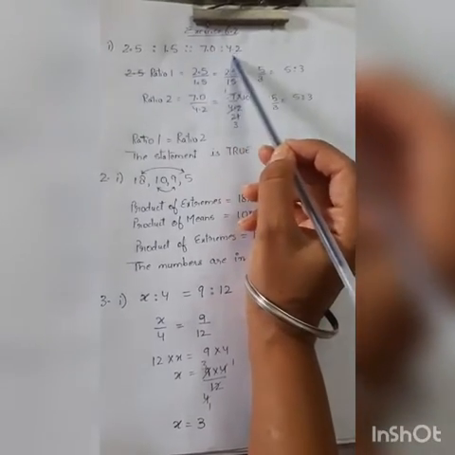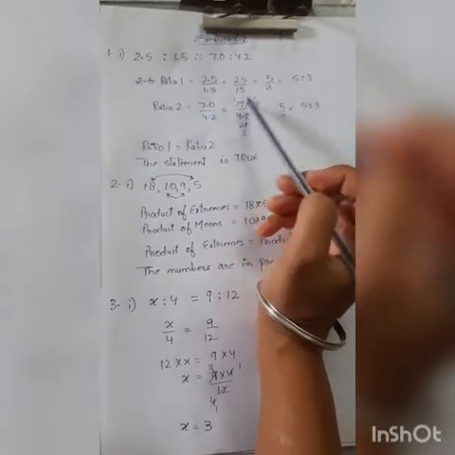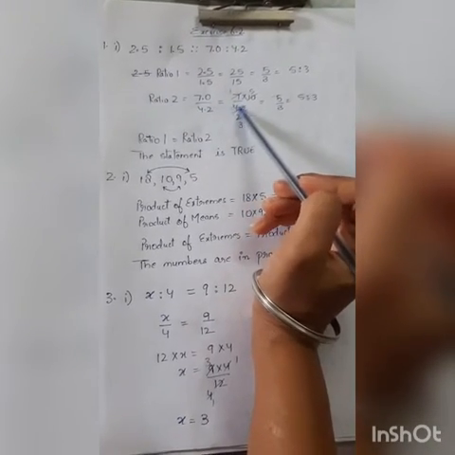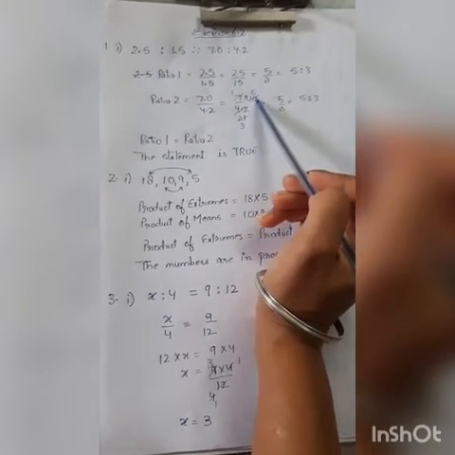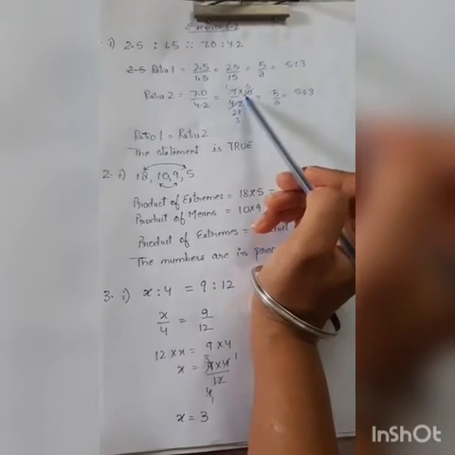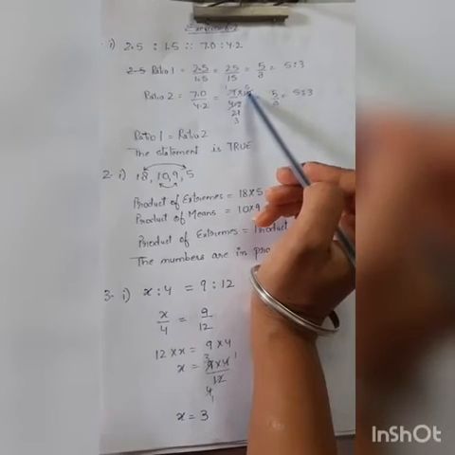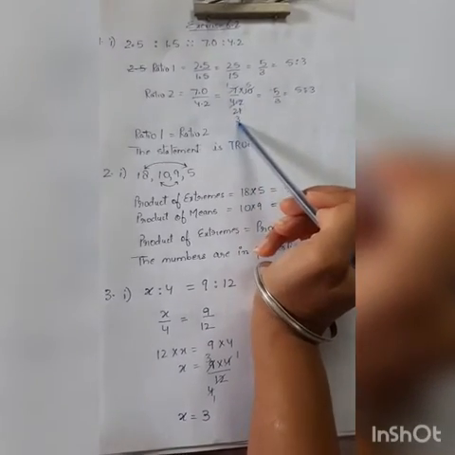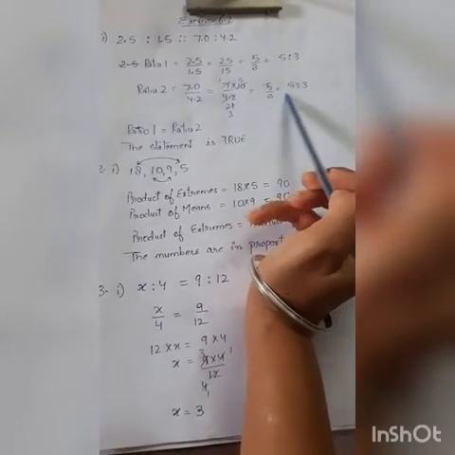Here it was 7.0 and 4.2. So 7.0 means 7 only. So I have rewritten it as 7. 4.2 is 4.2. If I remove the decimal, I got a 10 here. So now 7 1s are 7. 2 5s are 10 and 2 into 21. Then 7 1s are 7. 7 3s are 21. So answer is 5 upon 3, which again is 5:3.